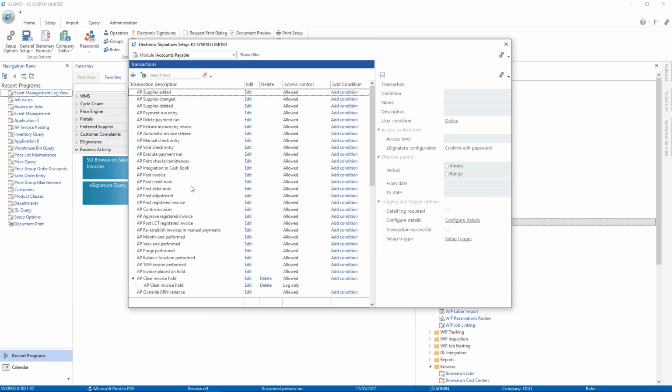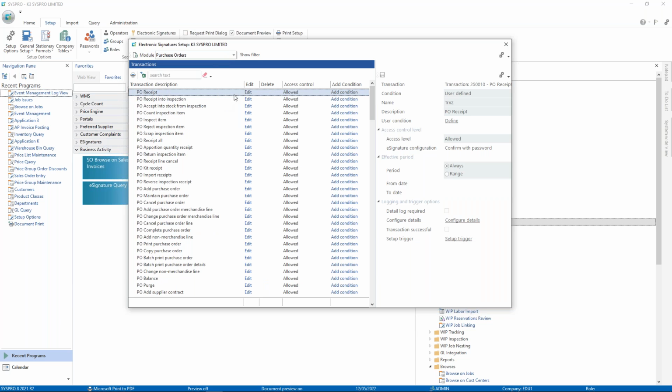So the process I want to focus on today is when I book in goods and whether those goods from the supplier are exceeding the current cost of my inventory item. We know where all prices are going up, and I need to be able to make sure my inventory is correctly valued. In order to do that, I need to be notified when certain events occur in that manner. So I'm going to go down to purchase orders, and I'm going to look at the PO receipt. So I hit edit,